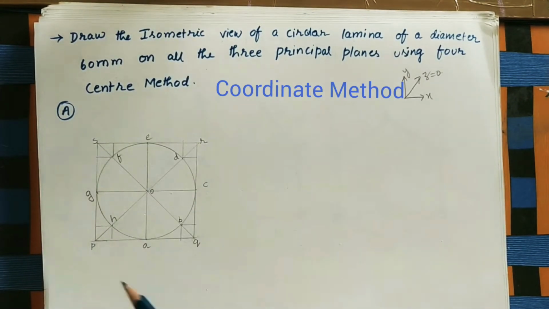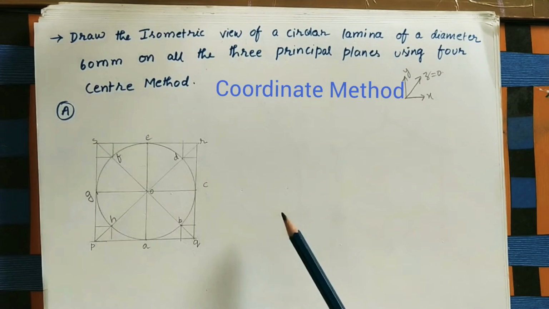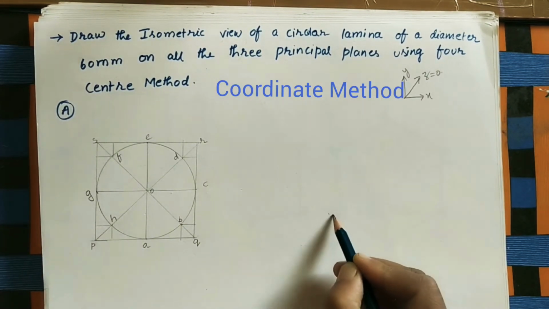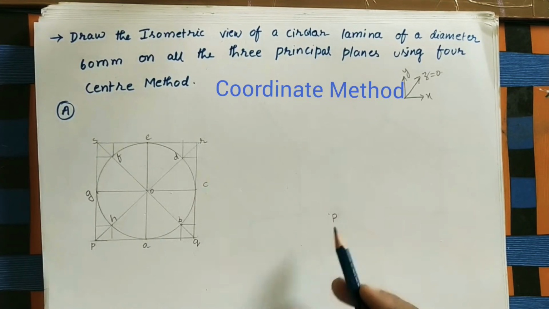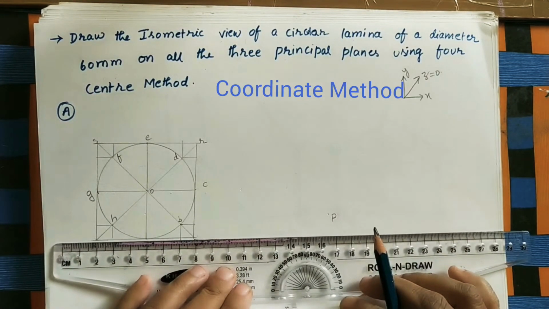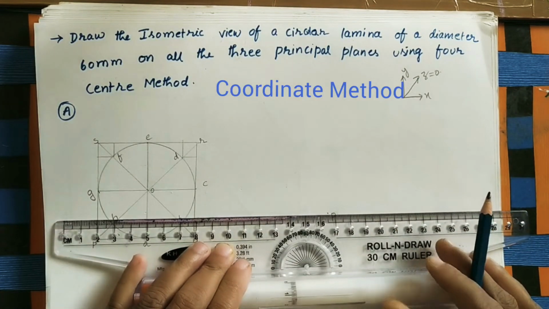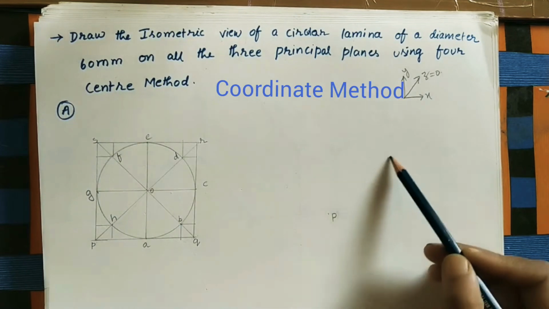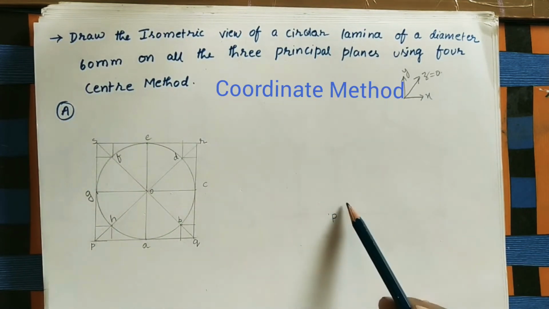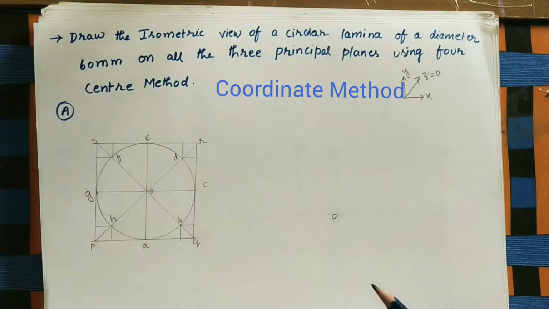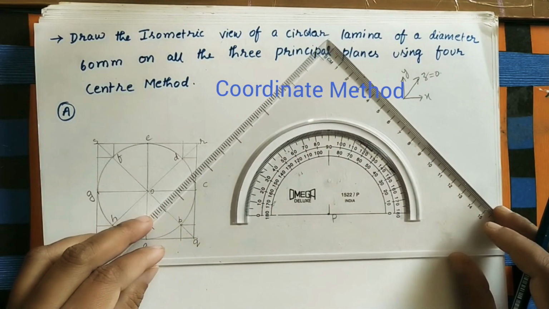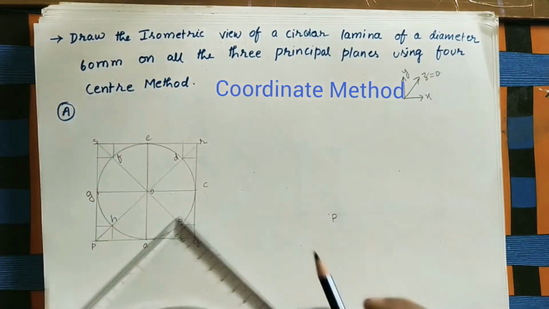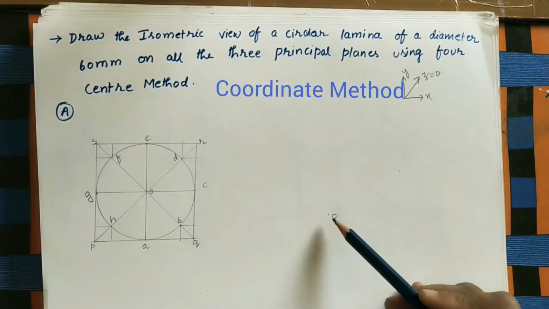P is the initial point. In isometric views we are marking capital letters. Take initial point of the box, it is P. Here I am taking P point. Here I will do a horizontal line. Take this as the reference line. Move the scale up to here. Just do one small line. Here take one inclined line. Here also take one inclined line. The angle is 30 degrees at both sides. This side 30 degrees and this side 30 degrees. We got 2 points. Join these 2 points to P.